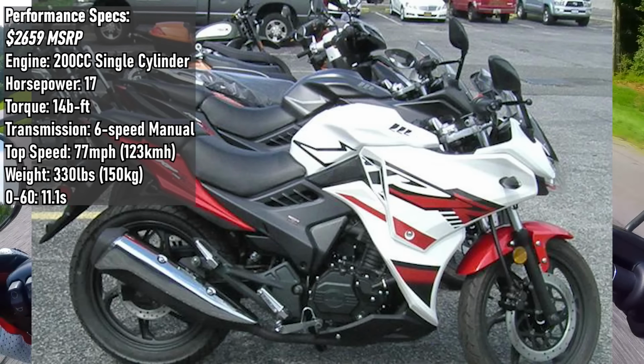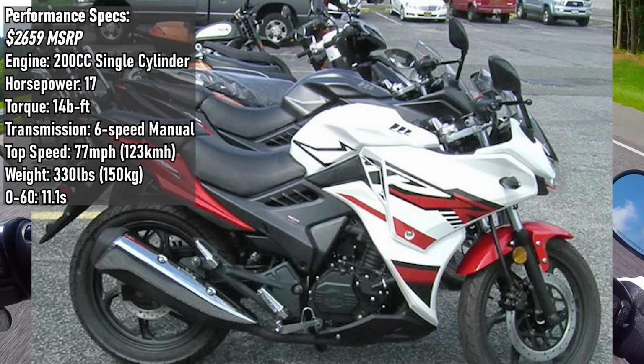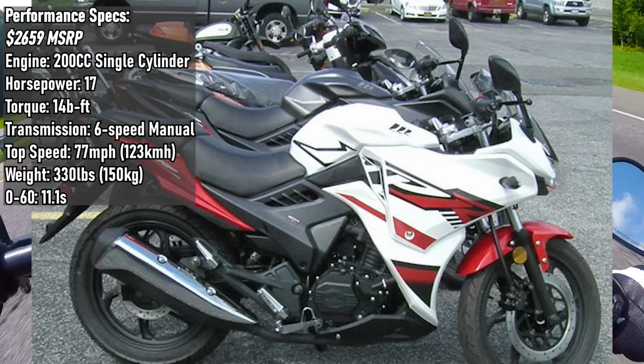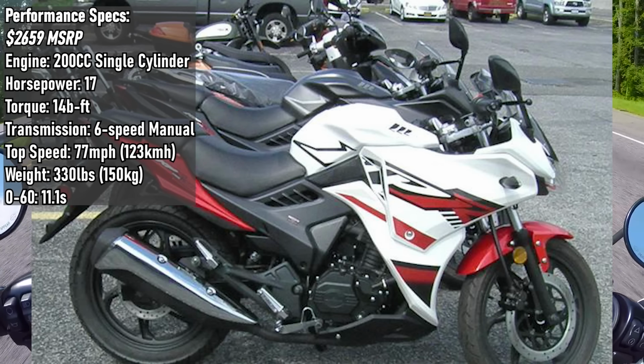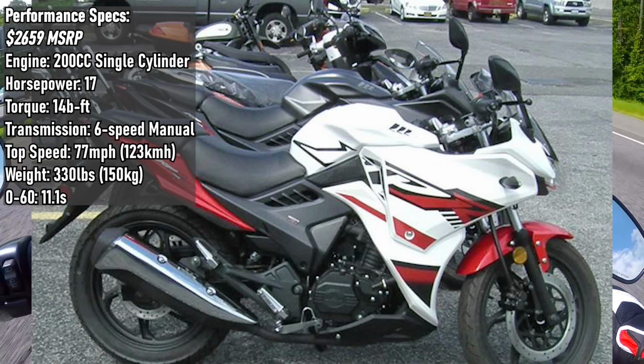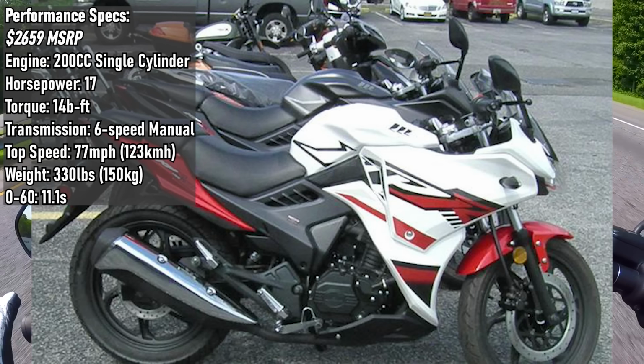The KPR 200 is a fuel-injected sub $3,000 motorcycle that gets up to 107 miles to the gallon, again realistically 94 in the United States based on our road speeds. It has a top speed of around 77 miles an hour, putting it just a few miles an hour shy of the Royal Enfield. It is a 6-speed gearbox,